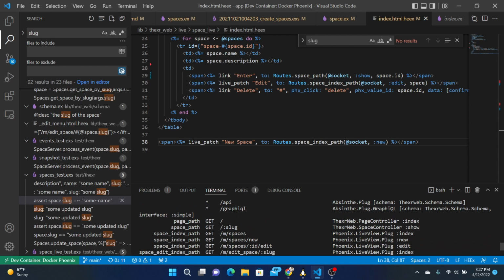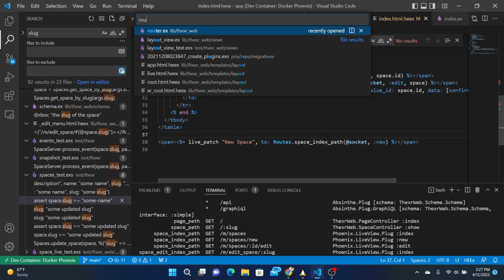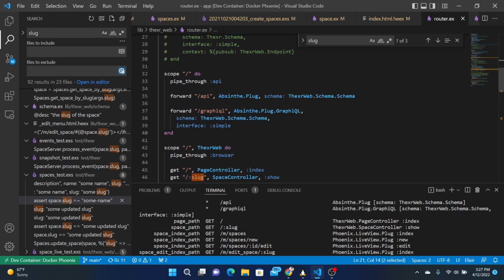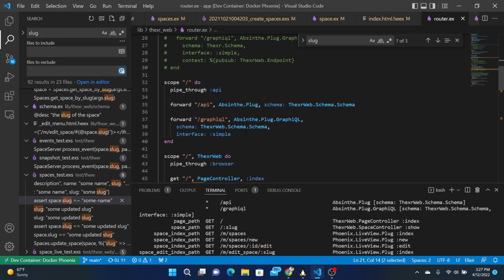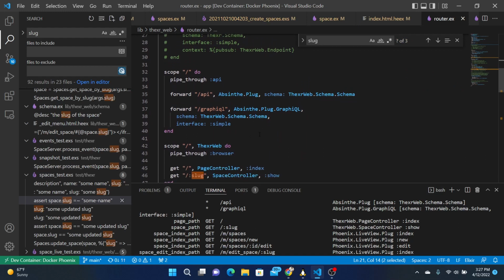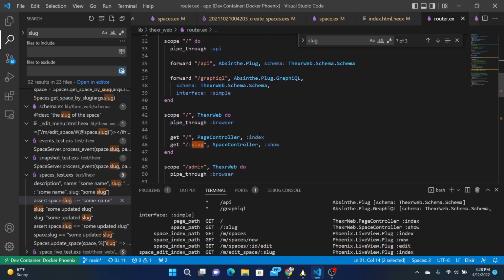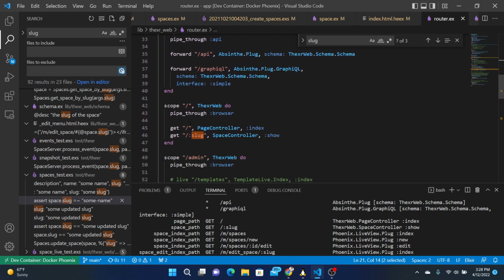That can be the space controller. So let's go to our router. So the top level, we've got pipe through API, we've got API, graphical, then we have this thing which is the home page, and we've got S slash space ID.